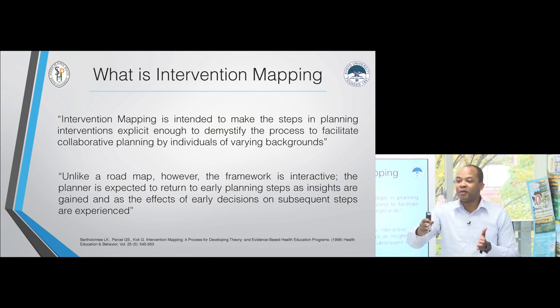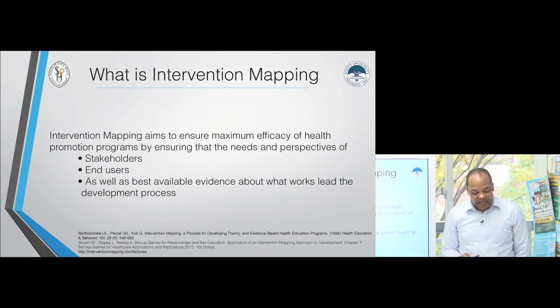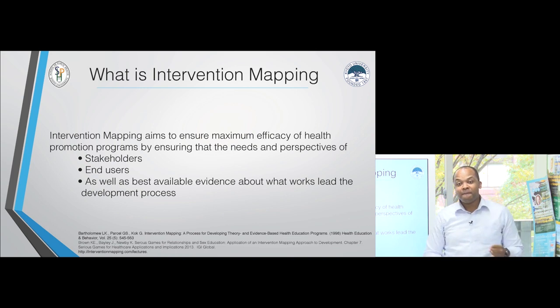So it's not just a roadmap or just a guideline. You cannot return back. So it's built for people to move from step 1 to 2, go back to 1, 3, 4, 5, go back to 3, that kind of arrangement. So intervention mapping aims to ensure maximum efficiency of health promotion programs by ensuring that the needs and perspectives of